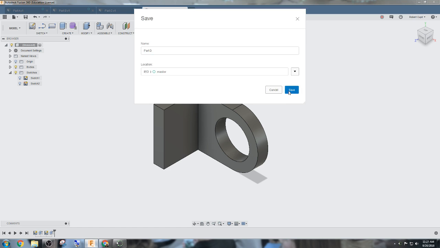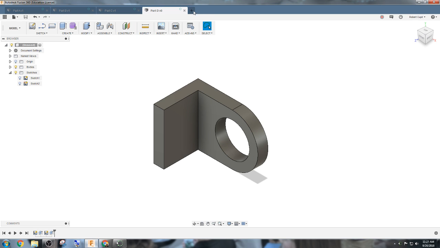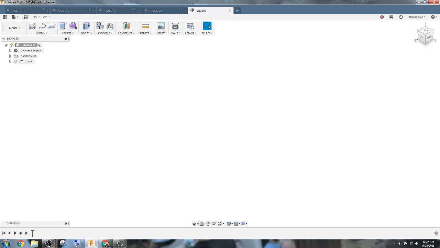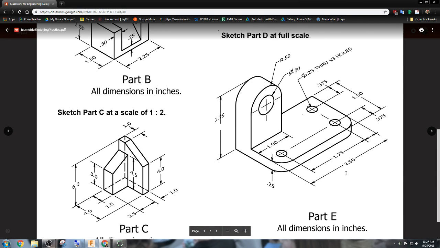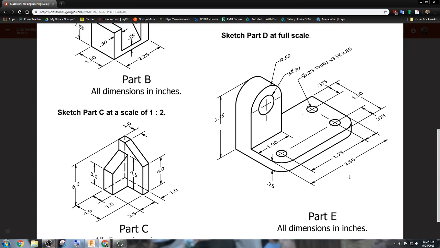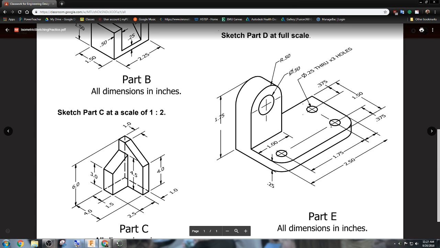Part D. This one was the hardest one for most people. The reason that it's difficult is because you feel like they're not giving you everything you need as far as dimensions and stuff. So let's tackle this puppy. I would start with the